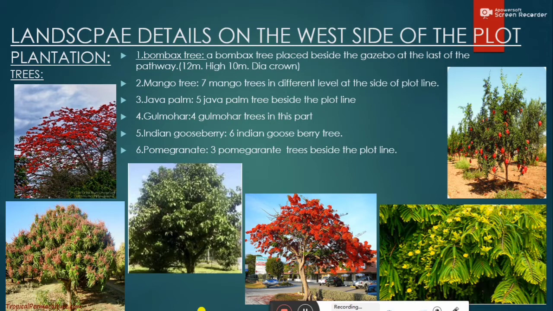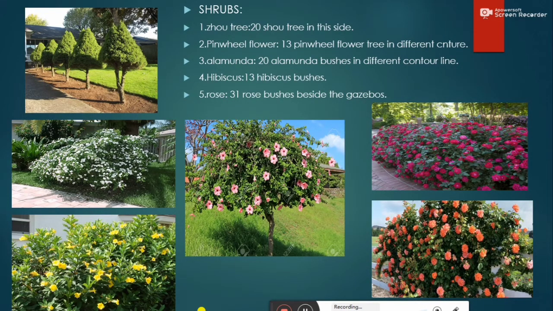Gulmohur: 4 gulmohur trees in this part. Indian gooseberry: 6 Indian gooseberry trees. Pomegranate: 3 pomegranate trees. Shrubs. Jhau shrubs: 20 jhau shrubs in this site. Pinwheel flower, alamunda, hibiscus and rose beside the